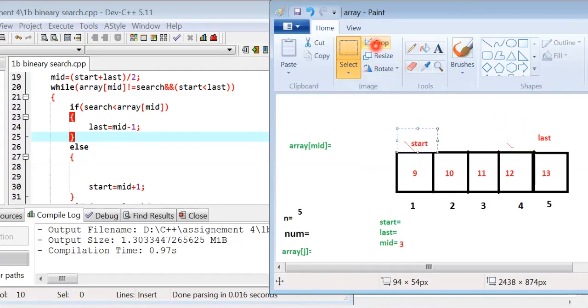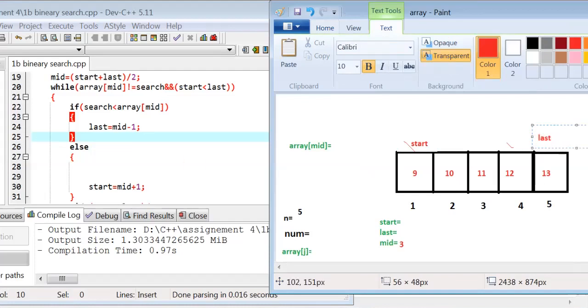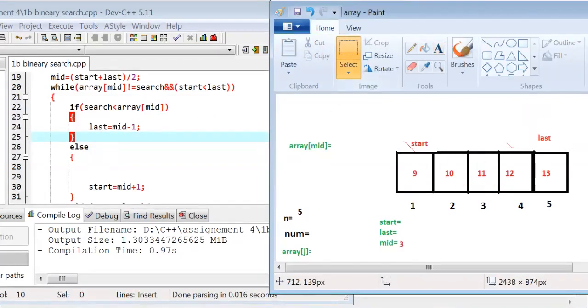Start is here and last is mid minus 1. If the value of mid is 3, 3 minus 1 is 2, then the last moves to 2. Now this loop checks again and again. It is similar.